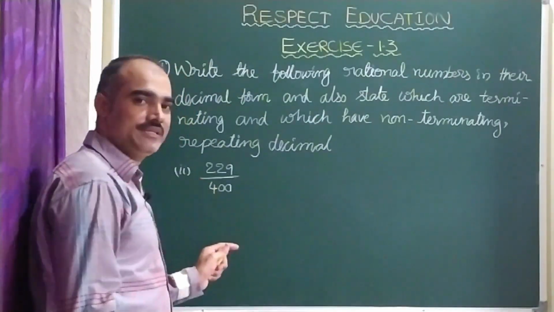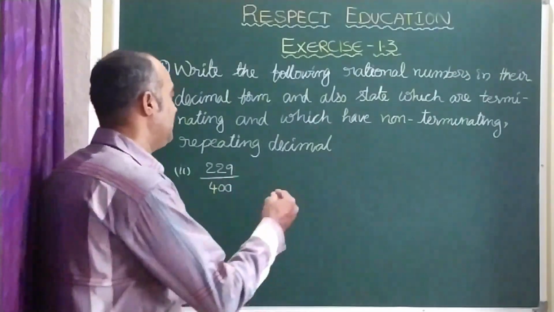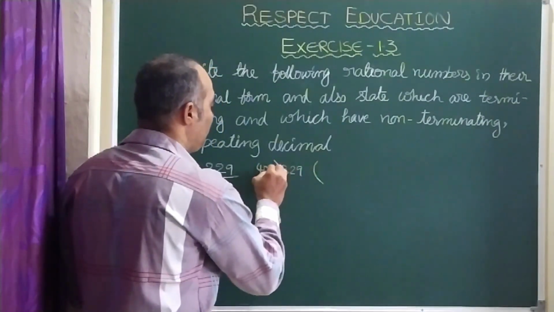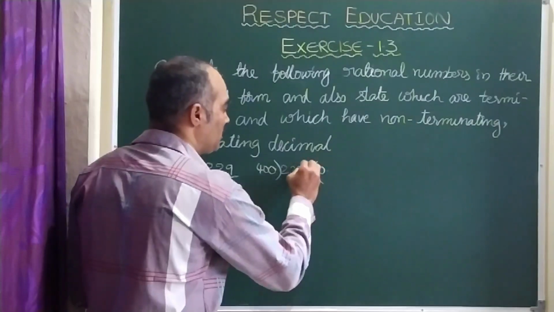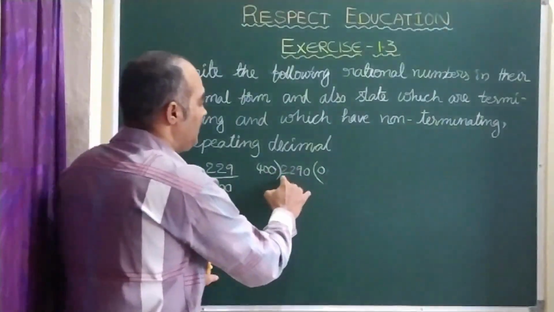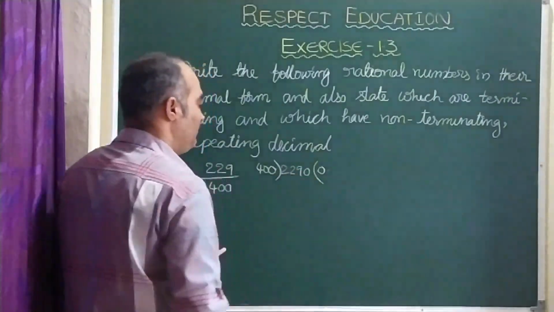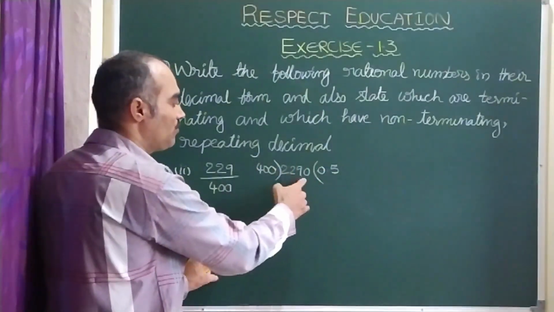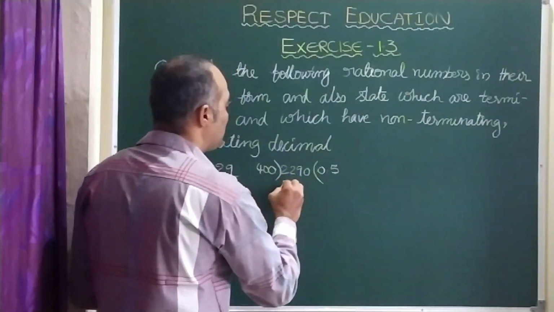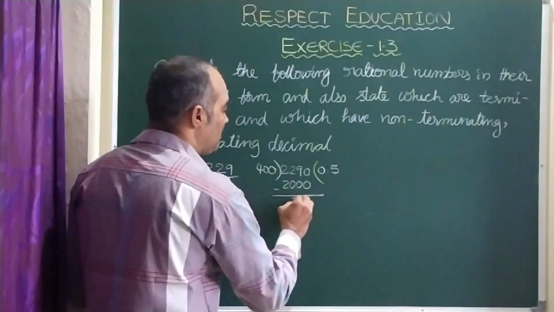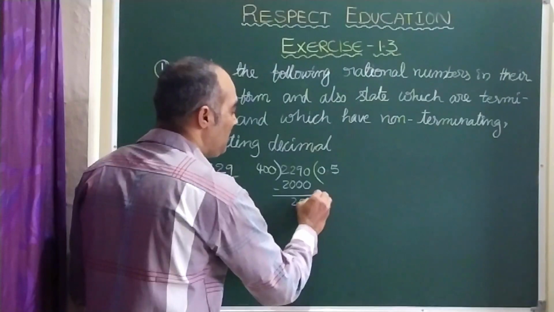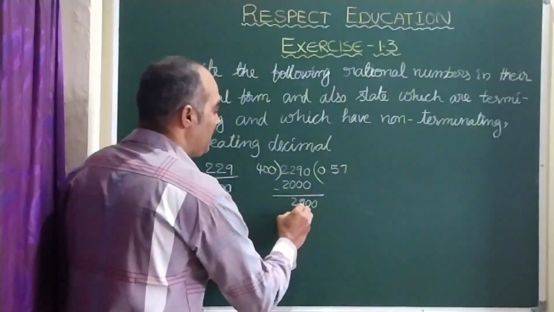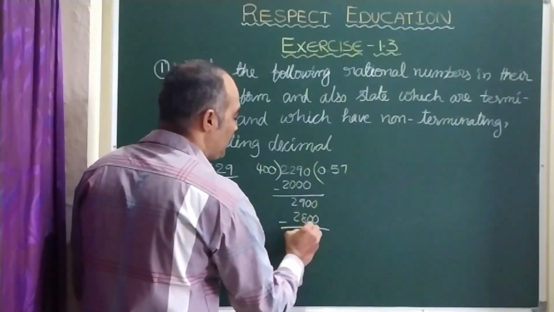Now the next bit, the second bit, 229 divided by 400. As usual we take 229 and 400. It is smaller, so let us take 0 point, so it becomes 0. Here 400, it is 2290. If we take 5 times, 5 4s are 20. If we take 6, it is 24, so 2400 is more. So we can take up to 5 times, it is 2000. You subtract it, you will get 290. Because of this decimal, you get one more 0 here. Now let us take 7 times, because 7 4s are 28. It is 2800. Again you subtract, it is 100.